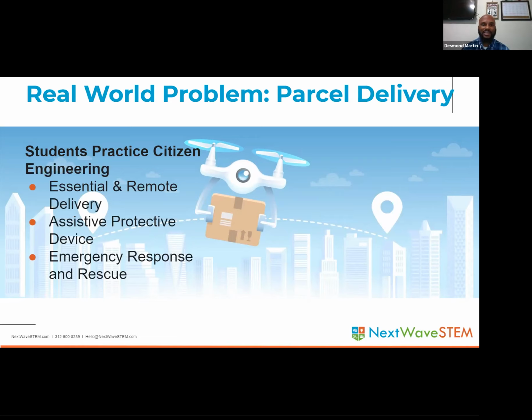A drone education goes beyond just understanding the technology and what it can do, but also being able to ask the question why it should do what it does. That's something that we take pride in actually engaging our students with in our curricula at NextWave STEM. But we also see this really interesting application now with respect to drones being used with emergency response and rescue